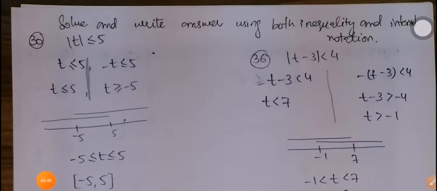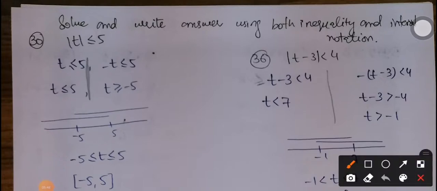Now here are some questions that we are going to solve and write answers using both inequality and interval notations. Question number 30, |t| is less than or equal to 5. So t is less than or equal to 5 and -t is less than or equal to 5, or t is greater than or equal to -5. So when we combine these two, less than or equal to 5, greater than or equal to -5, so -5 to 5, closed interval will be the solution set for this,